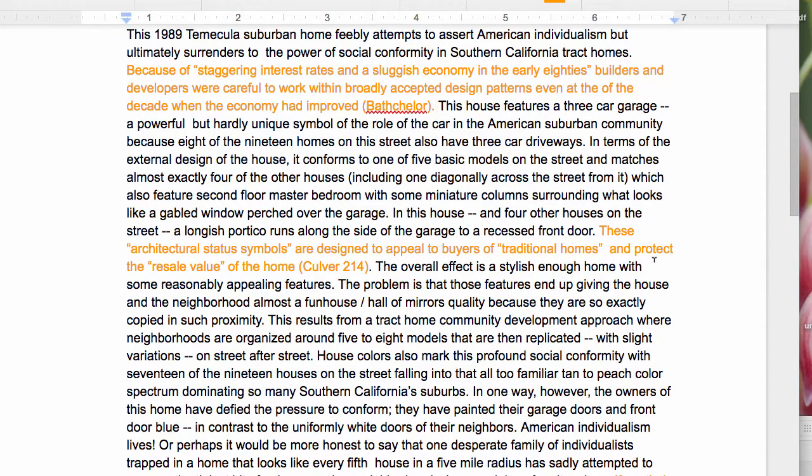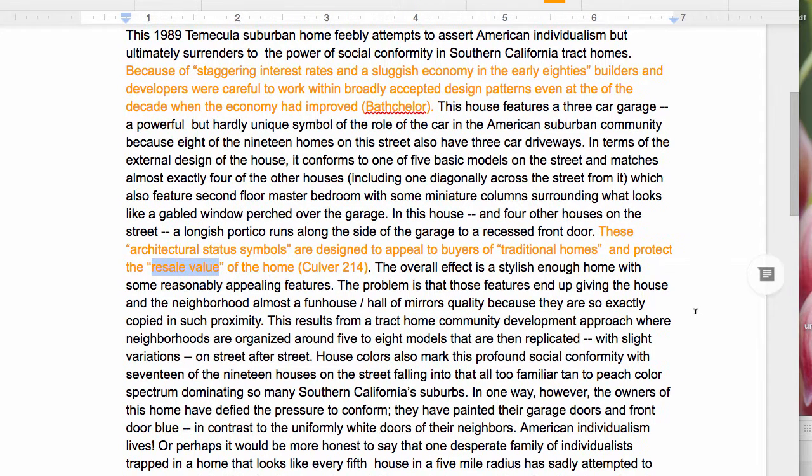Later in the piece, I do a similar thing. I work in a couple of different phrases, short phrases from the article I read about, the book I read about leisure and architecture in California. And I include in there some key phrases that Culver uses that I thought were useful for talking about the house I was looking at. Again, my ideas from the research here are in orange. They won't be in the final draft. In the final draft, I'll uncode that orange and put it back to black, but I'm using the orange now